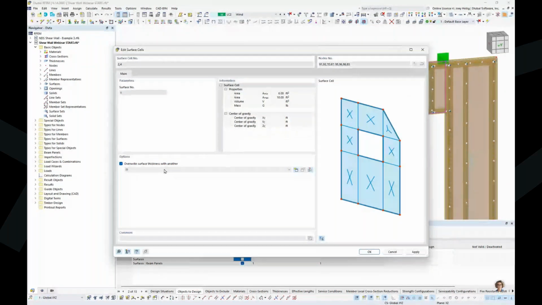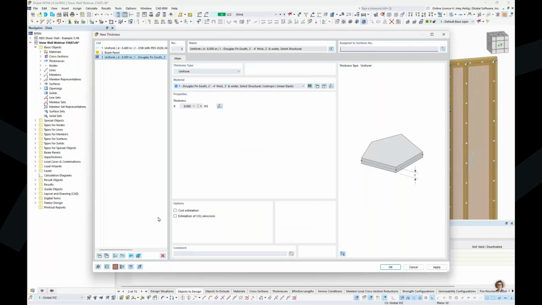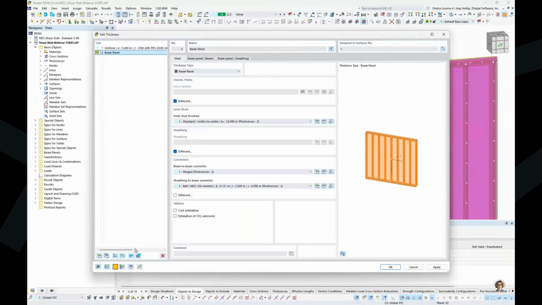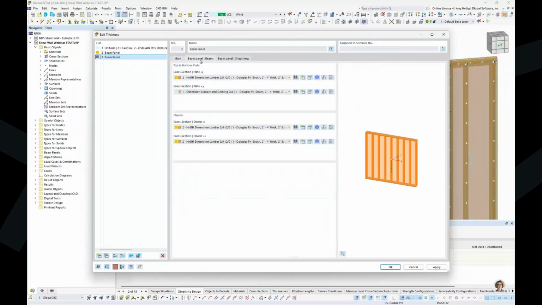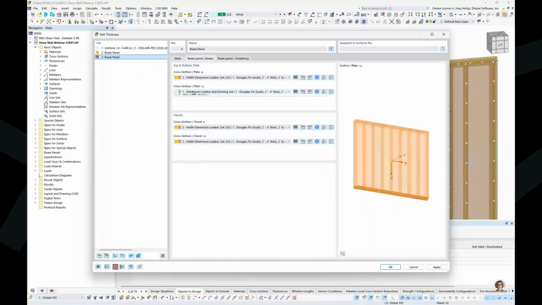We have a function here where we can overwrite the surface thickness with another thickness. So I can create a new definition type here, and I actually don't want to use the default definition type, so I'm going to delete that. But again, we can always take advantage of our templates. If we have this already defined, we could load a template. In my case today, maybe I just make a copy of my existing beam panel thickness. I jump over to my beam panel tab, and for the particular beams I want to modify, which is essentially my header above my opening,